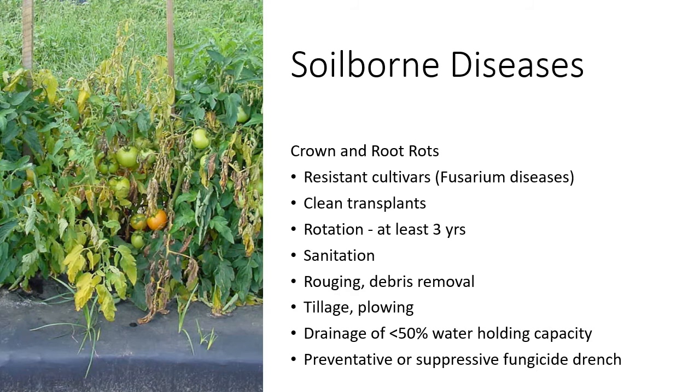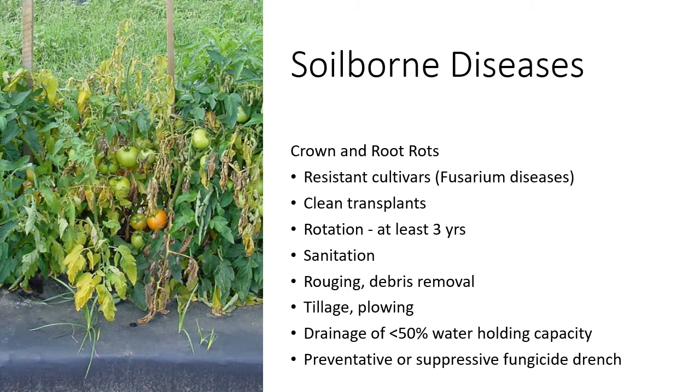Remember, I said earlier that our soil-borne pathogens usually favor wet soils. So keeping your drainage at about 50% or lower in water holding capacity, so not overwatering, not keeping things too wet. We do see a lot of tunnels that maybe will get a little bit flooded or a little bit saturated, maybe on the low end. So think about not just the water that you're putting in the tunnel through your irrigation, but also what the surface drainage looks like outside the tunnel and in the surrounding fields. And then finally,